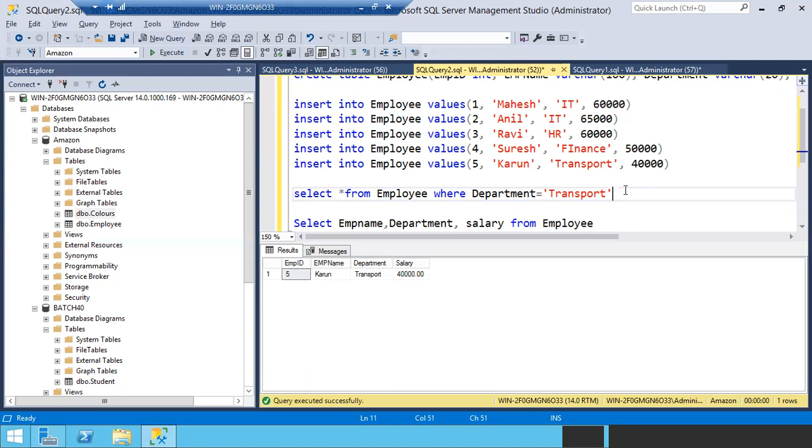Okay. So now if I want to pull the data from transport, please mute yourselves. In case I want to filter the transport employees who are there in my company, I can use department is equal to transport. Now my question is, I want to see those who are getting more than 50,000 rupees salary. What is the query I have to use for that?